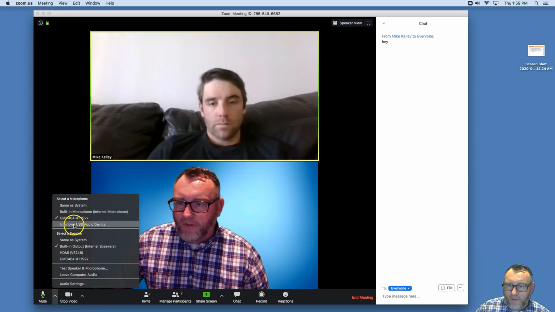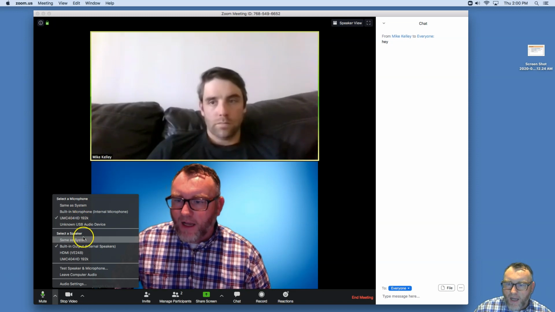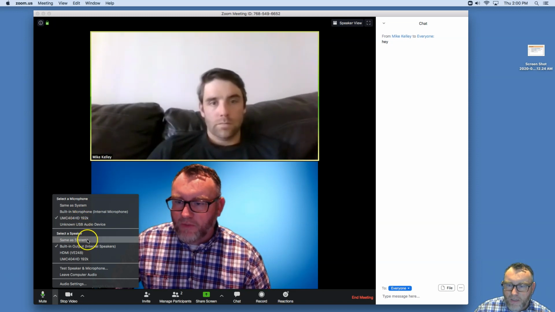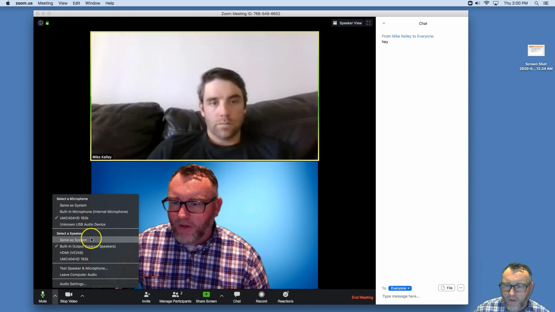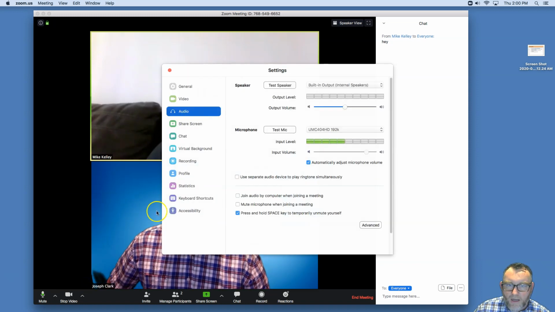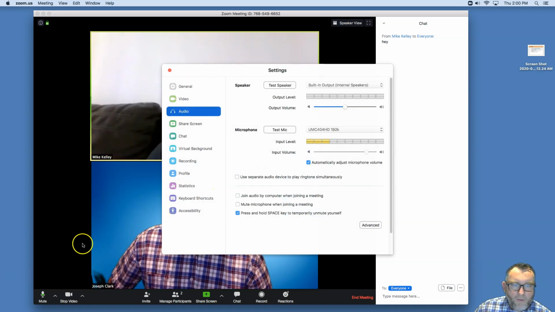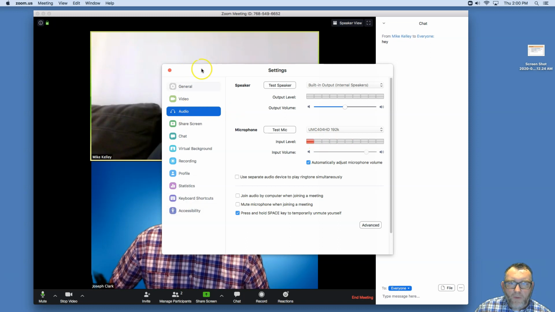Microphones, you can use your system microphone. I have an external microphone I'm using right now, as well as you can use different speakers. And so these are where all your options are. You can click on audio settings and you can see I have a pretty good sound right now. When you go to any setting, it's going to bring up all these settings. And so there's general,